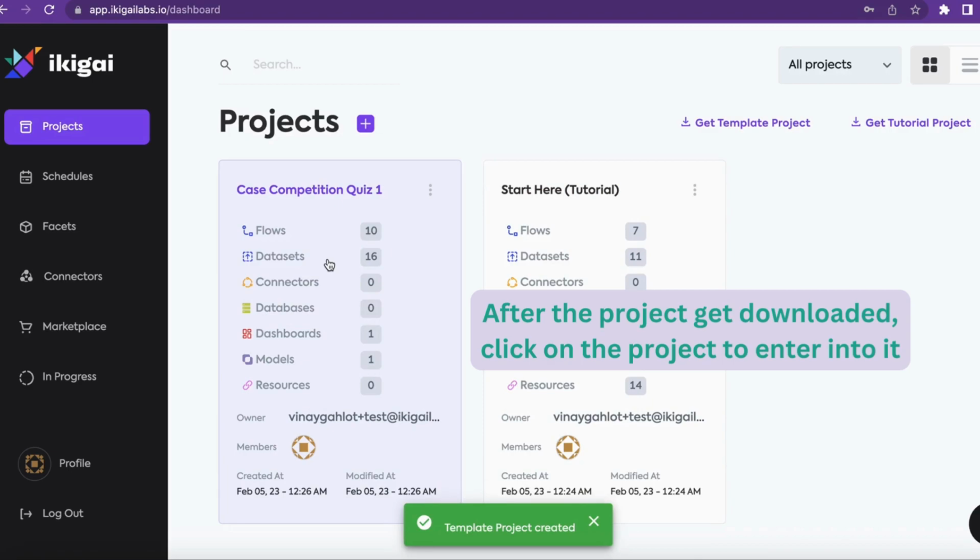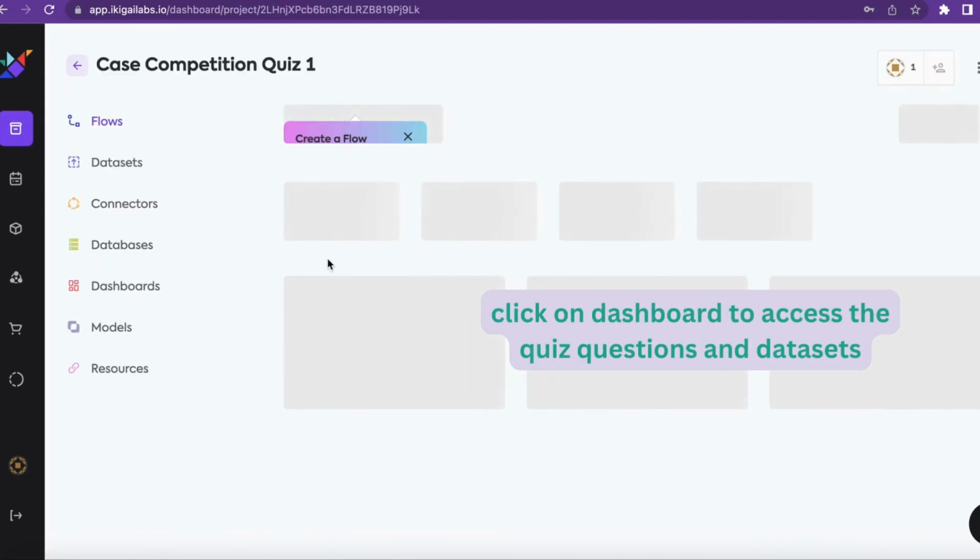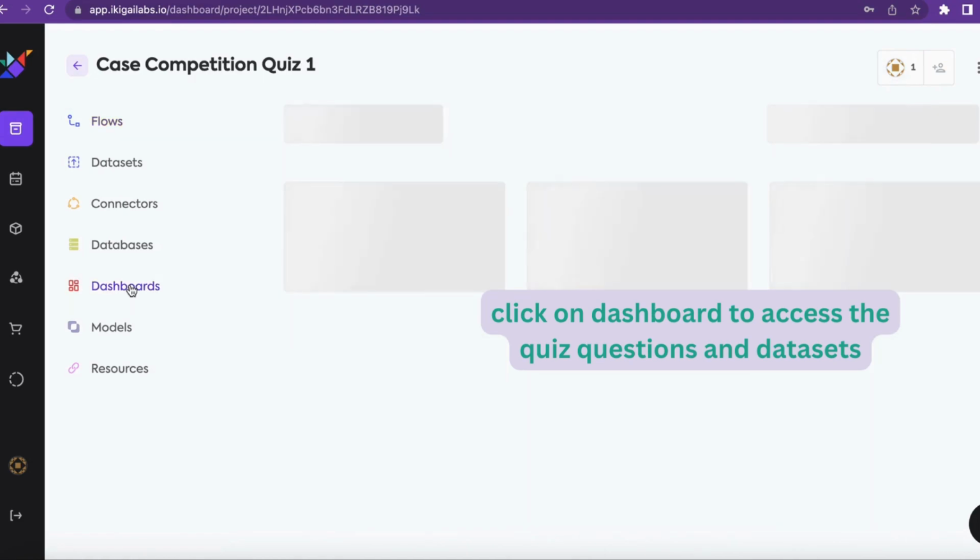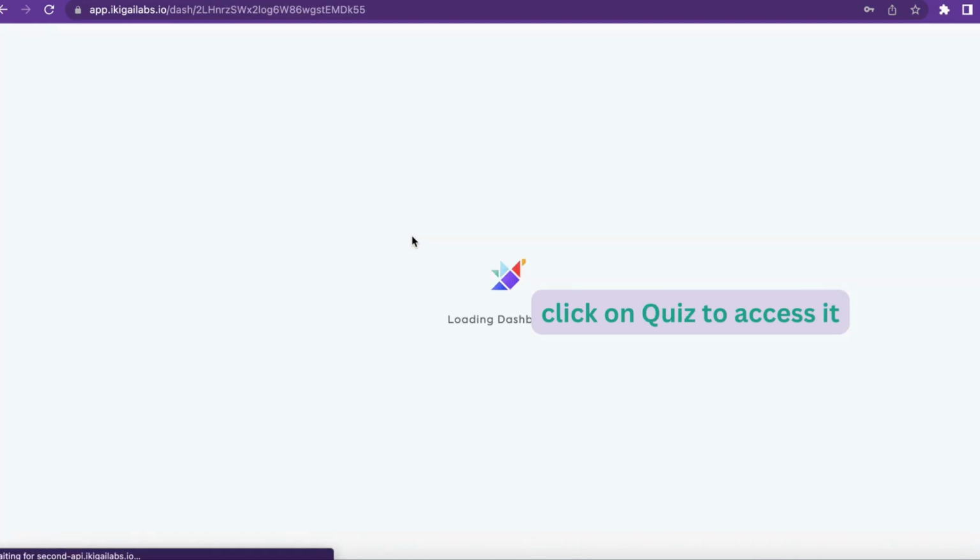We need to click on the template project, then go to the dashboards, then click on the quiz,